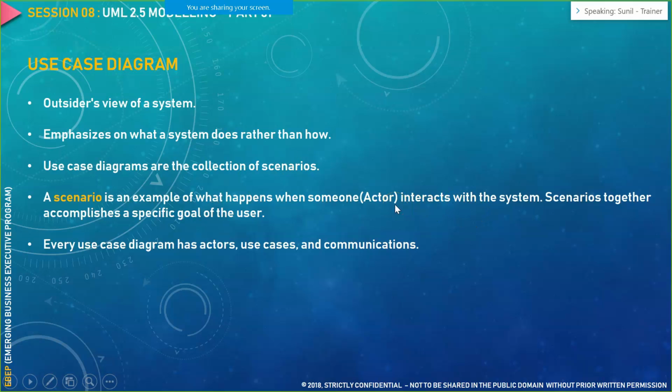So in use case context, we would have something called an actor. Actor is the user who would be initiating or triggering that particular use case scenario. For example, you as a student are uploading a particular assignment file. So uploading a particular assignment file is something called your use case. Upload is a use case. Now a use case would have different scenarios. For example, what is the file size, what are the file types, or whether you are authorized or not. Those are the scenarios in a particular use case.